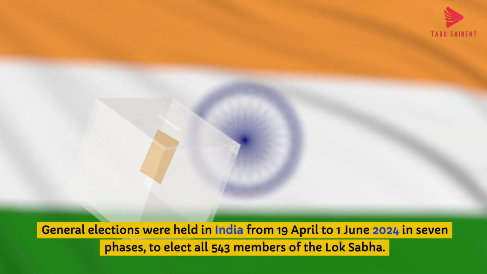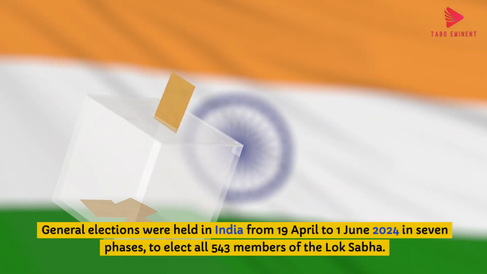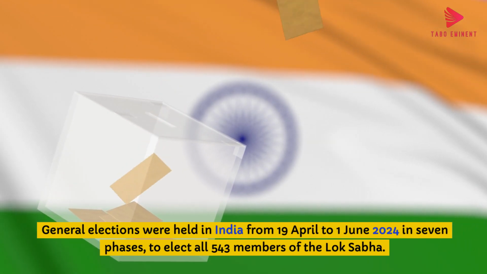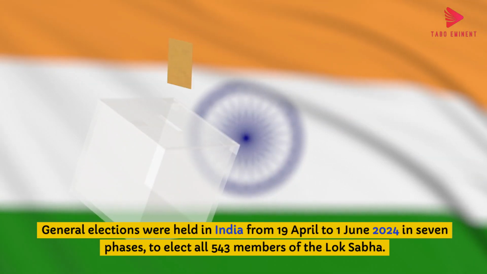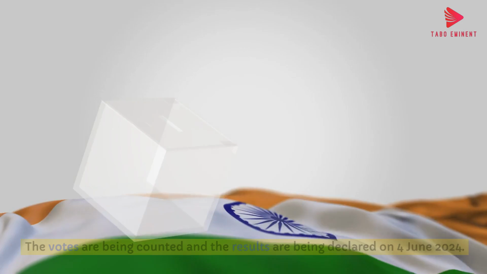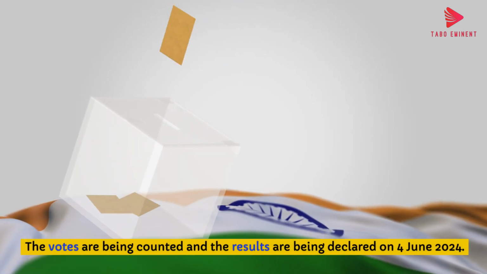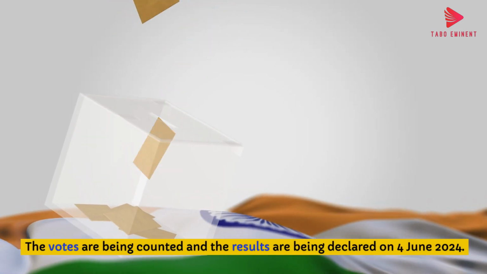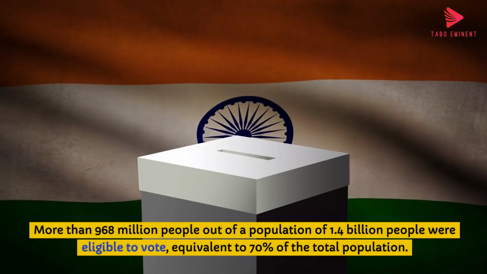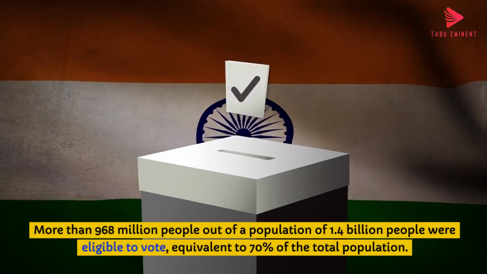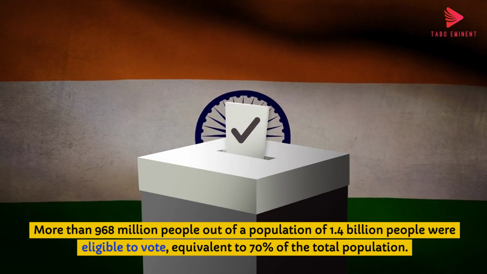General elections were held in India from 19 April to 1st June 2024 in 7 phases to elect all 543 members of the Lok Sabha. The votes are being counted and the results are being declared on 4 June 2024. More than 968 million people out of a population of 1.4 billion were eligible to vote, equivalent to 70%